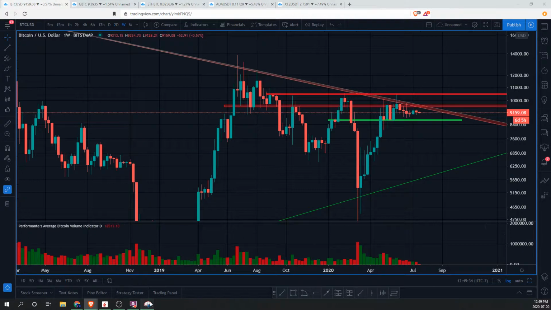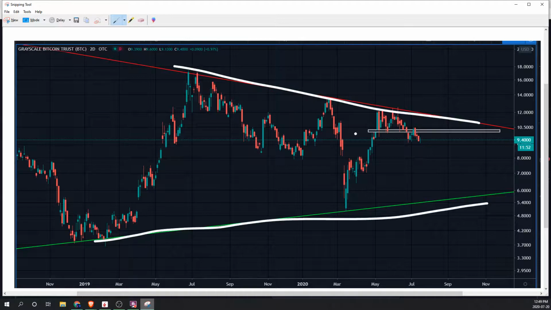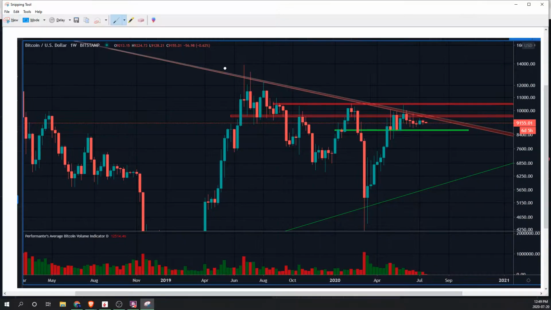When we're looking at Bitcoin, we see a very similar type of structure: a key level of resistance, a large triangle, and then a nice little support creating a squeeze within this major level of resistance and a horizontal or ascending level of support. And within BTC, we see right here a key level of resistance, and a horizontal or ascending level of support,